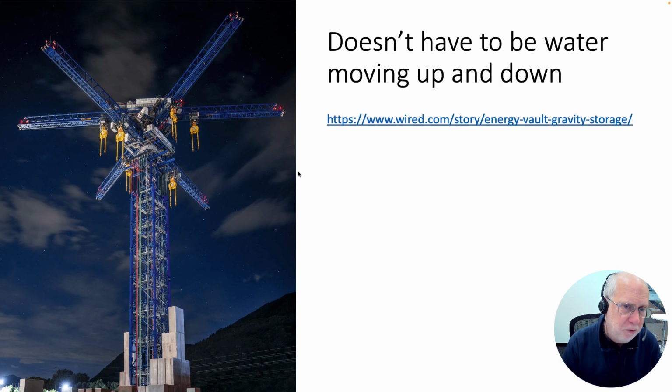Now it doesn't have to be water you use to store potential energy, though it usually is. People have been experimenting with actually just lifting concrete weights up and down. This is an experiment in Switzerland where they have a giant crane and they winch concrete blocks up and down to store energy. So when all the concrete blocks are up the top, that will store potential energy, and then when you need to produce it, you can let them go down with the cable running through some sort of generator to release the